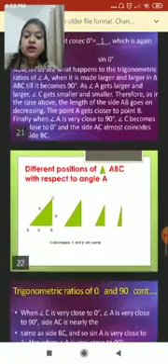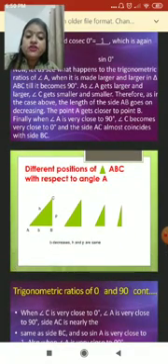To make this concept clear, let us look at this slide. There are different positions of triangles. When we look at the first triangle, we have a complete picture of a right angle triangle. In the second triangle, you can see what happens: your base, that is AB, goes on decreasing at every point. So what is happening to angle A? Angle A is becoming larger and larger.